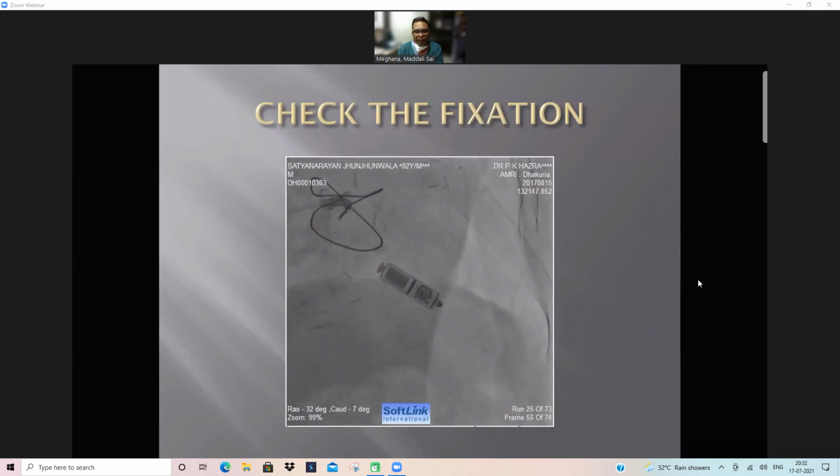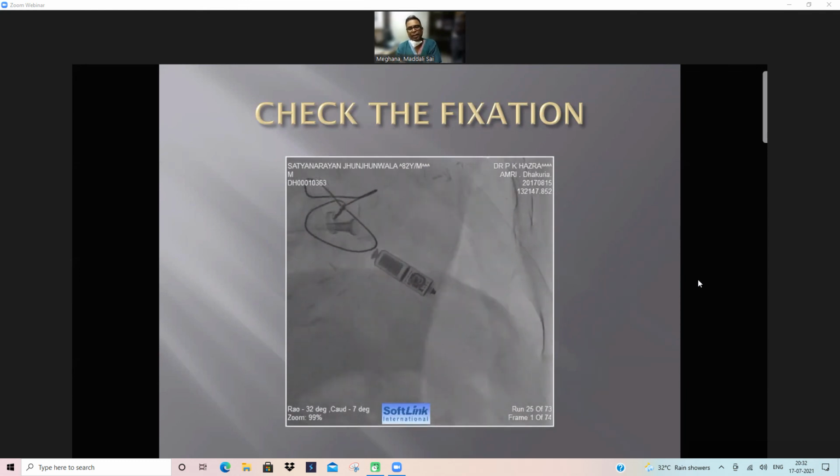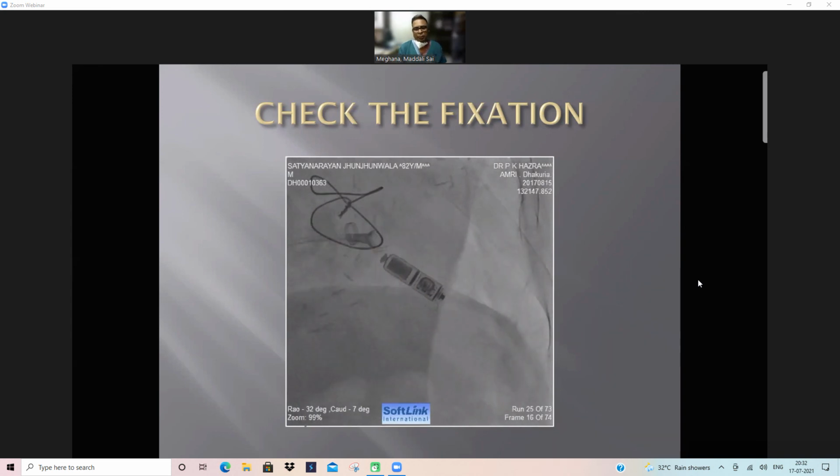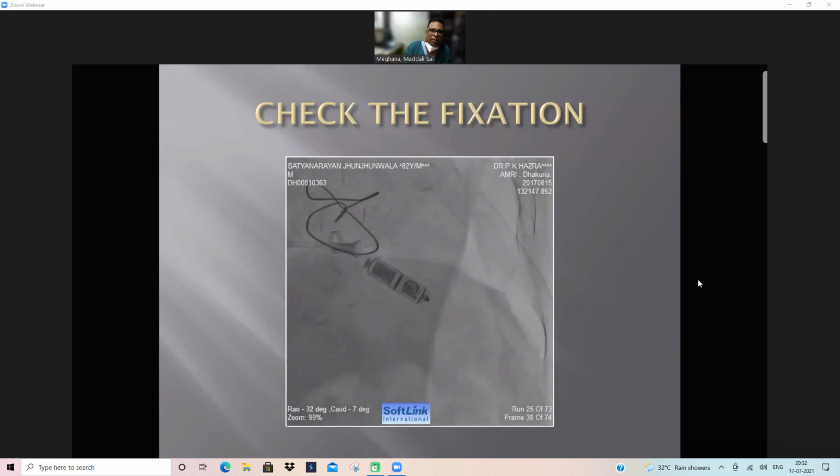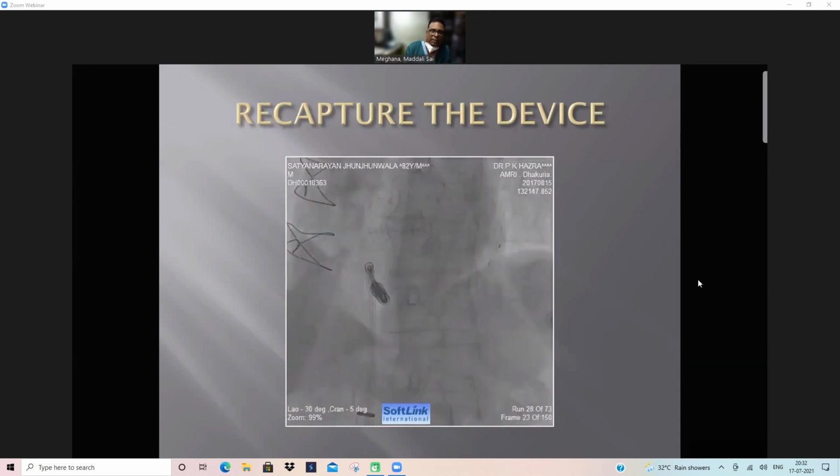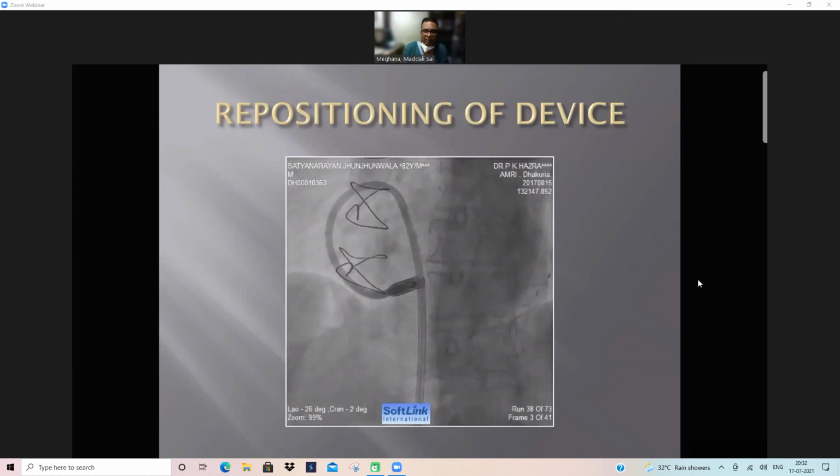And 90% of the time, you can get a good threshold. In 90% of cases, it is less than 0.5 volt, and many times it is 0.1 or 0.3. So a good threshold is not a big problem for this pacemaker. And once you're happy, then release the pacemaker. And this is the separation. And once you have the position, you can see